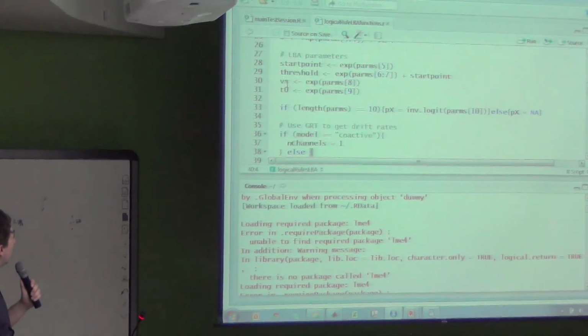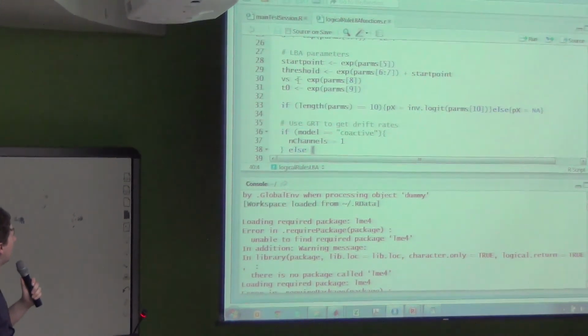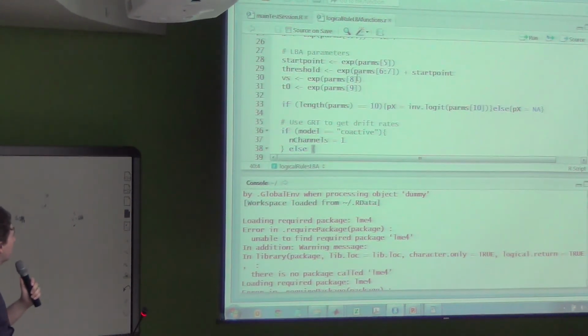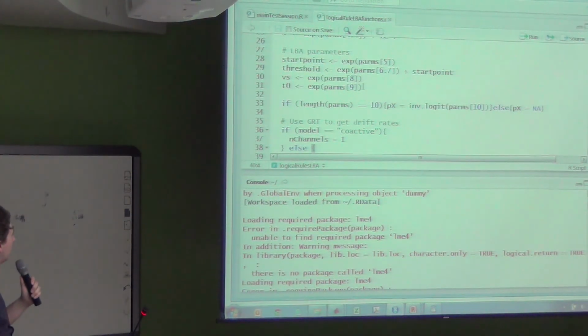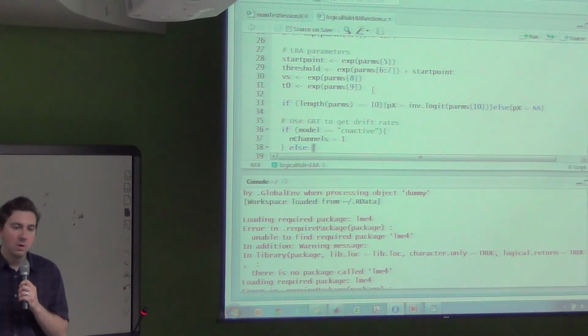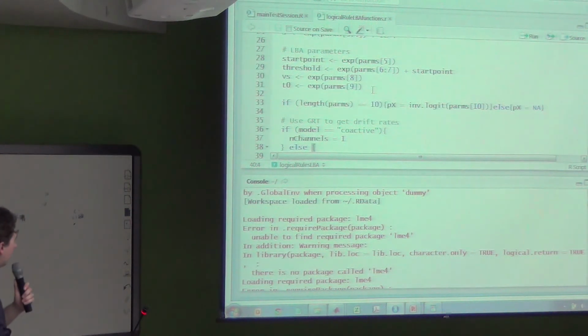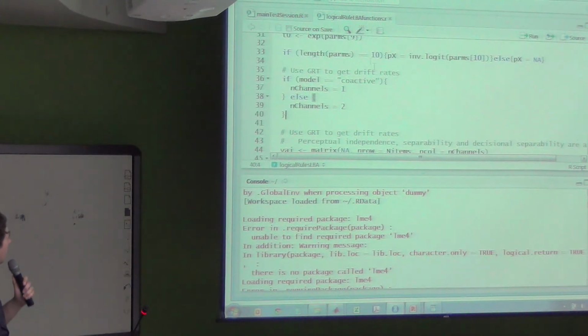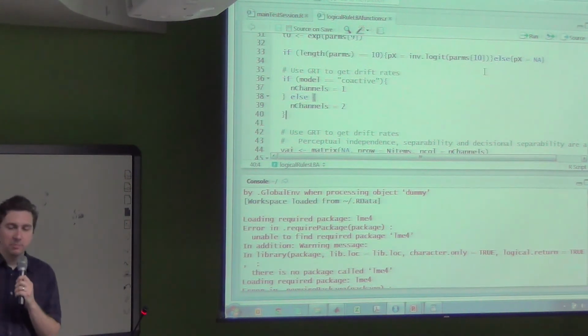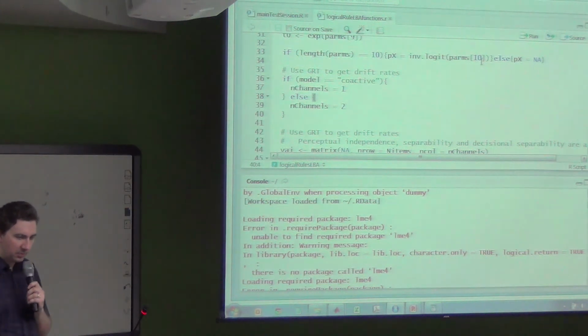There's the between trial drift rate variability, the VS parameter, and then there's the non-decision time parameter. So there's 9 parameters in total for all of the models except for the serial self-terminating model. That model has an additional parameter, which is the probability that you process dimension X before dimension Y. So that's a 10th parameter in that model.